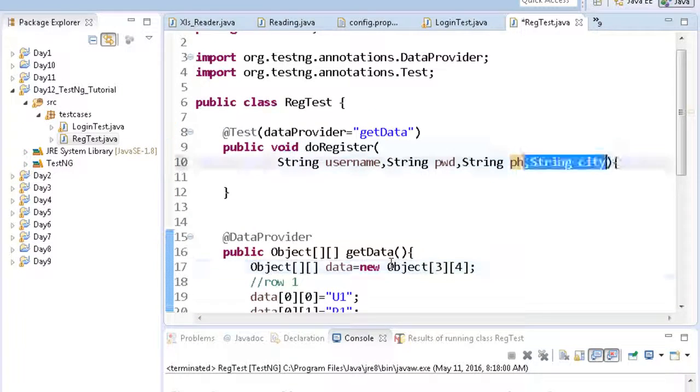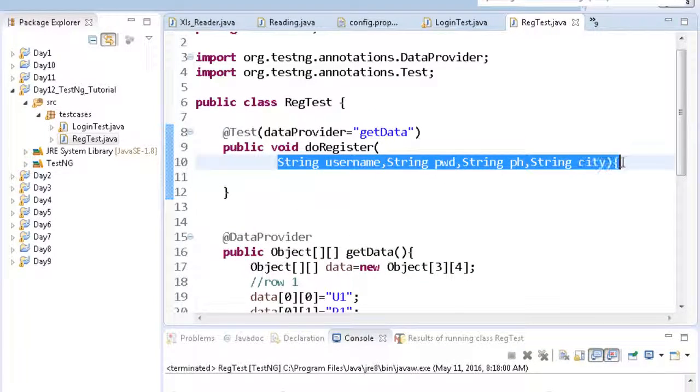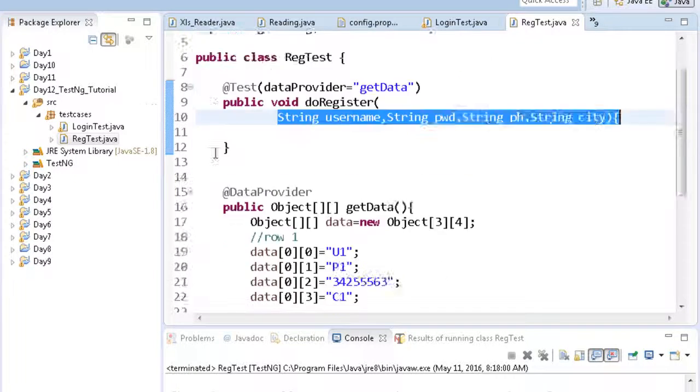So you have to be careful here. Most people make this mistake. So this is how you can parameterize your test case. This is known as parameterization, passing multiple sets of data to the test case.